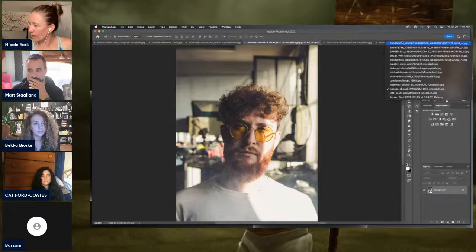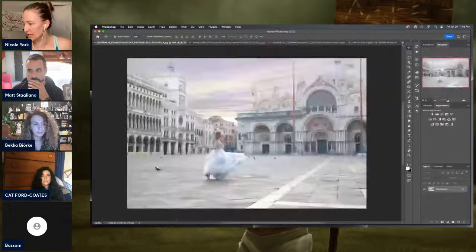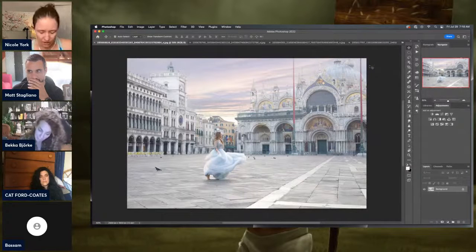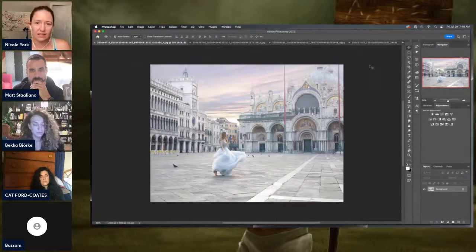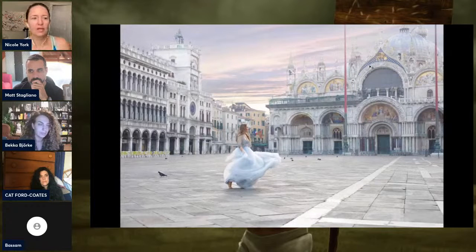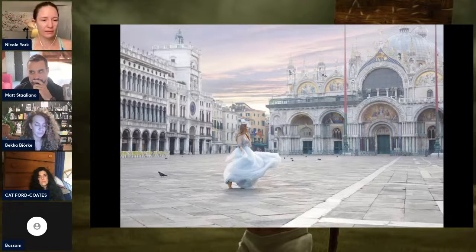So I'm going to move up to some of the images that Kat shared this morning and get your thoughts, Kat, because obviously these are some things that you got to do. As you're creating these, you're thinking of environment and then bringing that into play. What is it that you're hoping the viewer gets to understand about the subject by including environments like this?